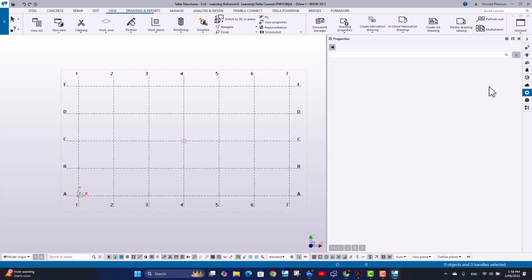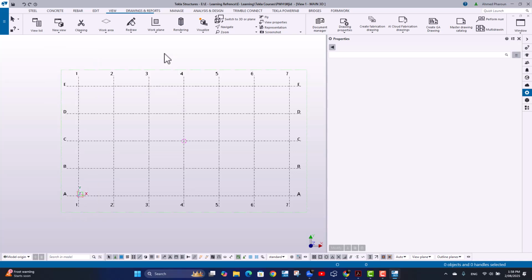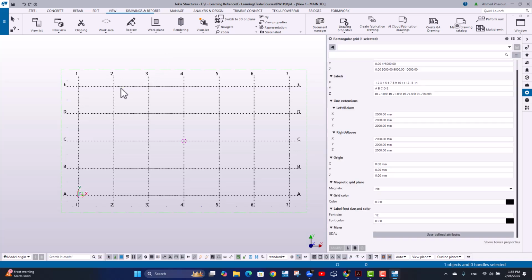Okay, that's good. And I can create another view using 3 points if I have an inclined plane. Okay? But the easiest way is to select the grid lines here and simply create